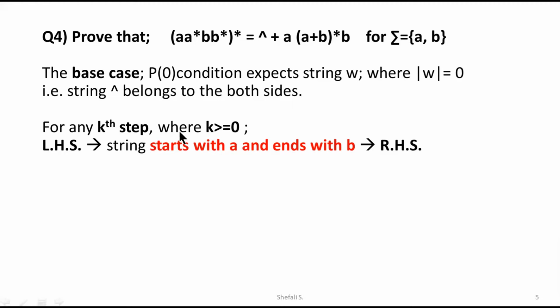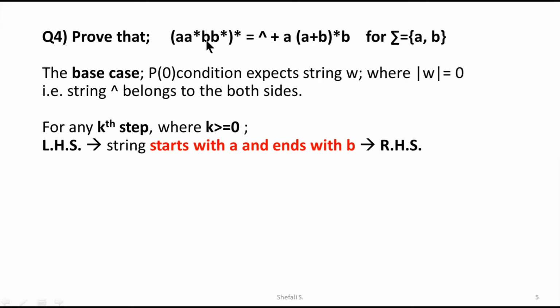For the kth step, where k is an integer value, which is again the size of your string, or possibly some number of attempts, greater than or equal to 0, because 0 is taken as the base case, where we can say that the left hand side is the string where there is no star. Now we are going for the next step rather than the zero step, so that loop is called at least one time. So within the loop, there is one A where no star expansion is given. That means the string is starting with A, so any combination of A's are there.